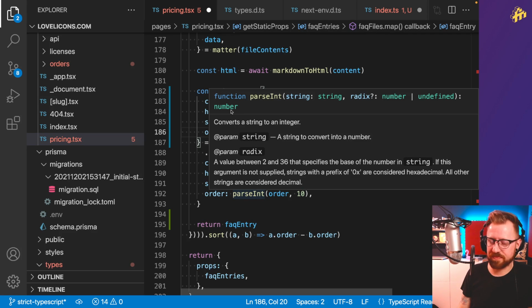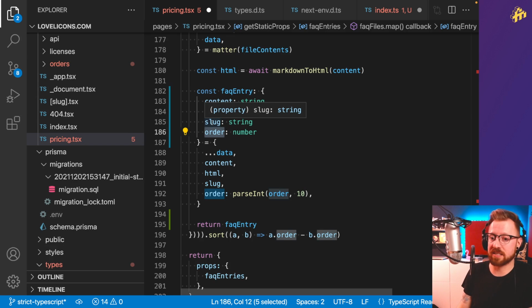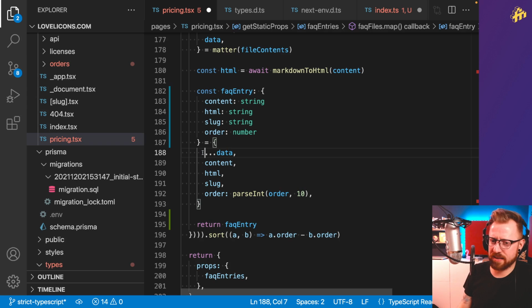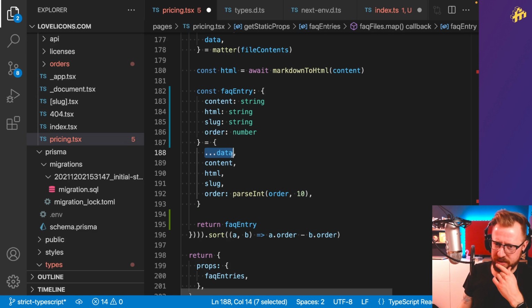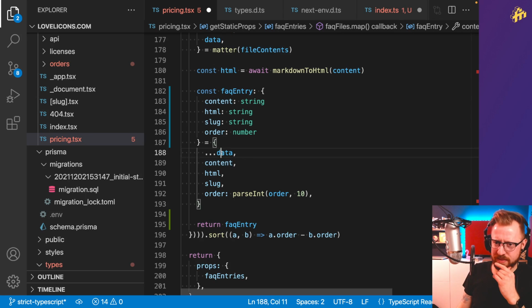Because okay, so as soon as I define a type, I need to be exhaustive. I need to give it everything. It won't just assume that this is a number anymore. I have to tell it if this has these 4 attributes. I can't just add random things to it, which is why this probably won't make it very happy. Because what I'm saying here